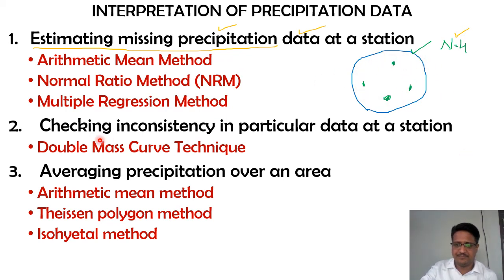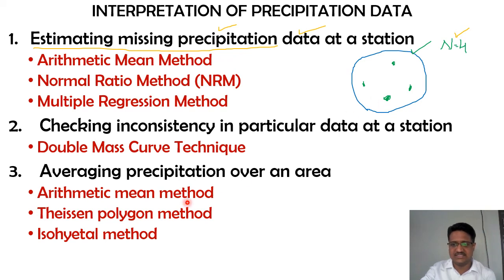Now the next question is, with what confidence can you say that these rain gauge stations already there are giving you accurate results? How are you going to decide on that? Because if the data are not accurate, then whatever interpretation and practical use you make of it will become useless.